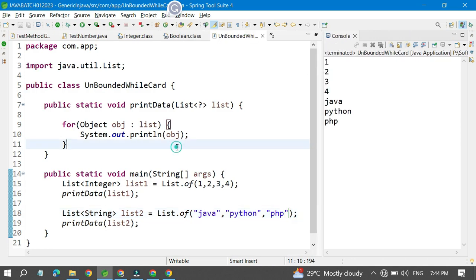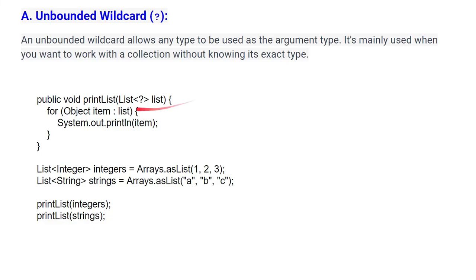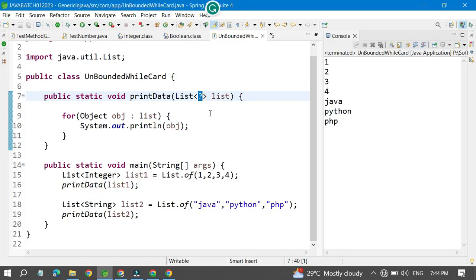So if I run this code, you can see the output. So what is the output? You can see here 1 2 3 4, Java, Python, PHP. So any data you can pass and you can display it. Okay, so this is the generic type of the method, but because of this question mark, we have made it a wildcard, unbounded method. If you see here, this is called an unbounded wildcard method. Okay, understood? If you want to give a type also, you can give a type, no issue, but make sure